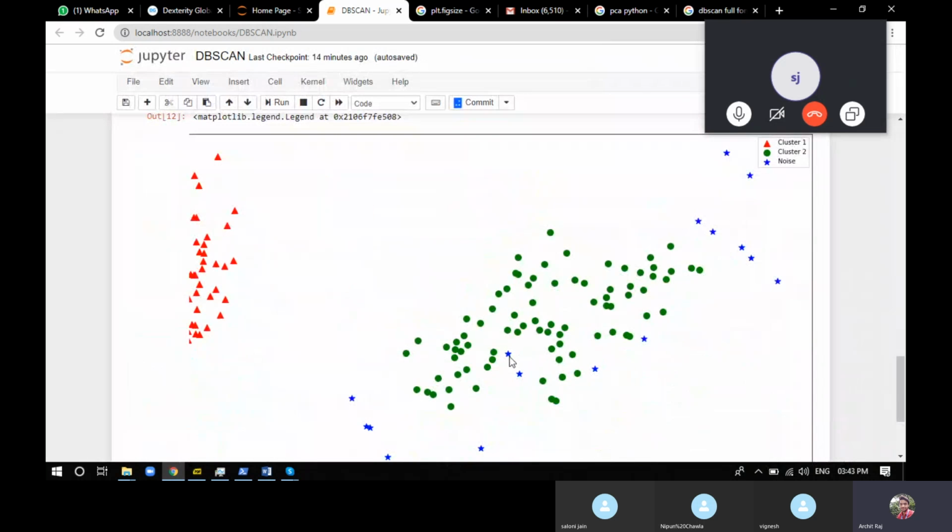So imagine we made a circle of 0.5, and these two neighbors came inside this radius, but none of them are core points because they haven't even been checked yet. This is the first point that we're checking.